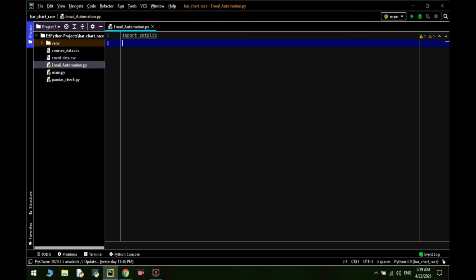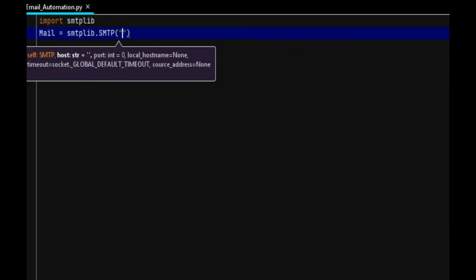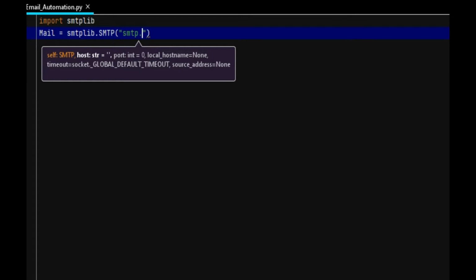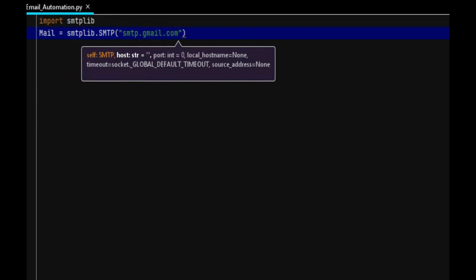Then create a variable with any name, for example mail, equals smtplib.SMTP, smtp.gmail.com, with port number 587.